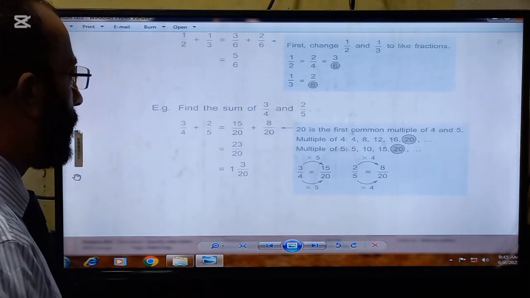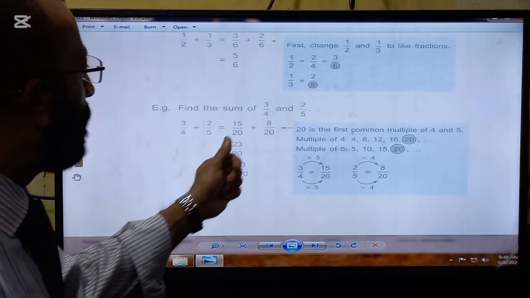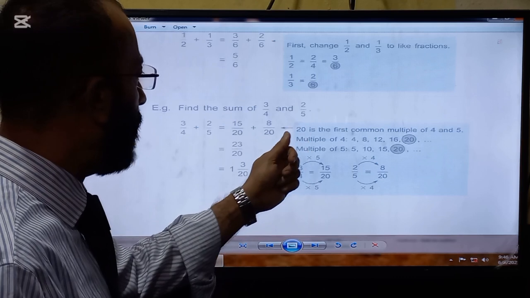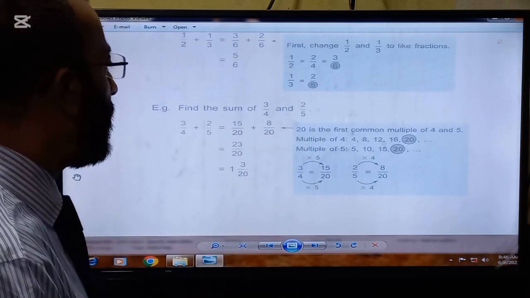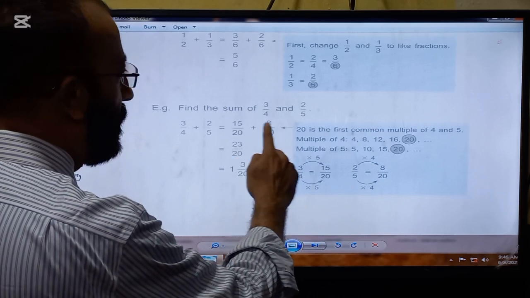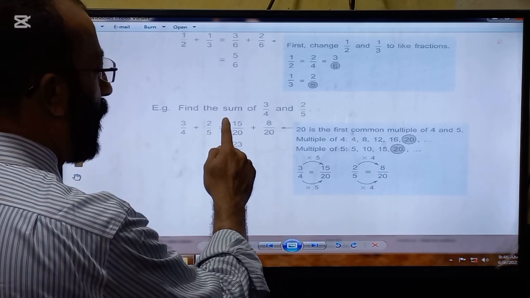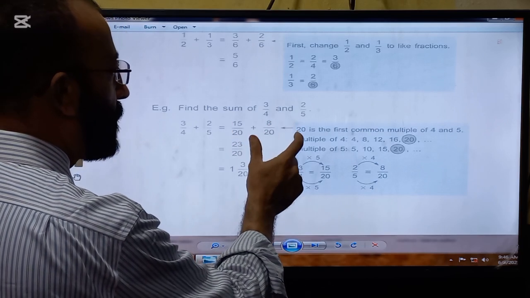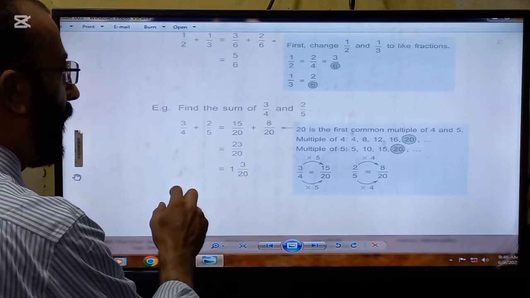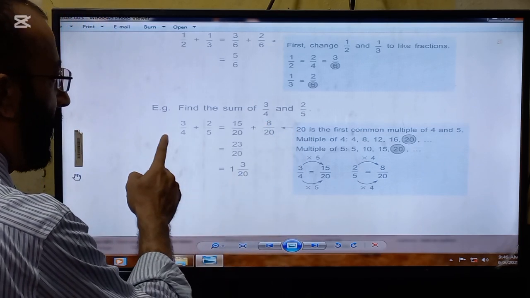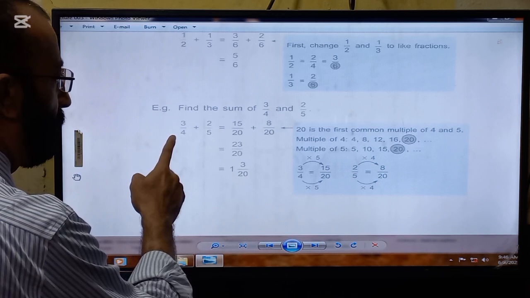Here is another example. Find the sum of 3 by 4 and 2 by 5. So look at the fractions. These are unlike fractions because the denominators have different values, and the requirement is the sum of them. First, we will convert the unlike fractions into like fractions by multiplying the numerator and denominator of the first fraction